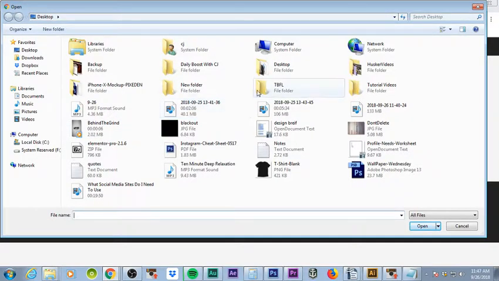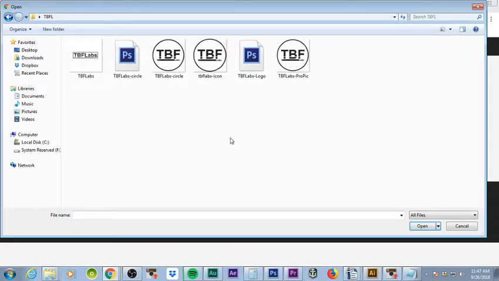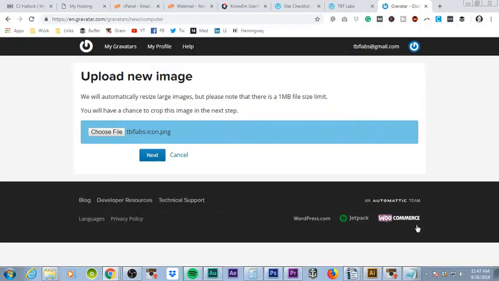So you're going to click add a new image and then upload new, choose file, and then you're going to actually open that up. So I'm going to go in here and I'm going to open up the icon that we created in the second logo video in the tutorial, so be sure to check that out if you're not sure how to create logos, and I'll walk you through how to do it with Photoshop and Illustrator to make sure you have a vector file of your logo. So we're going to go ahead and open that up, click next,